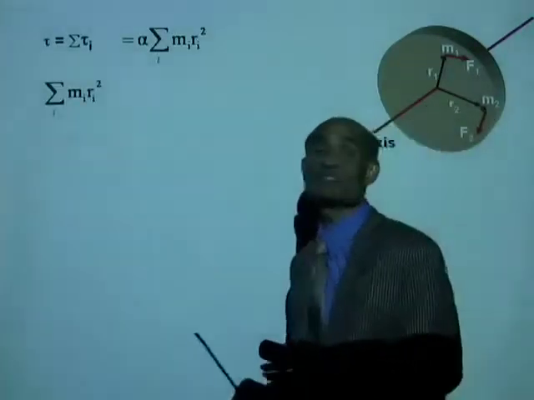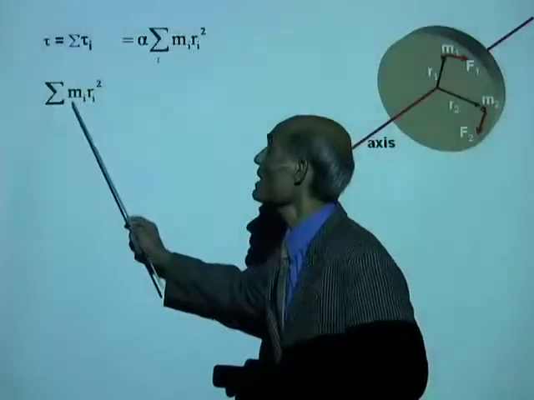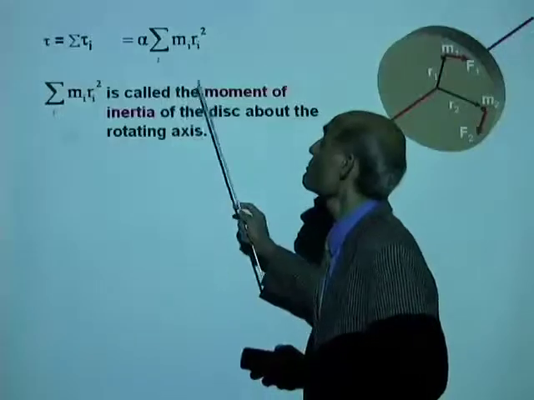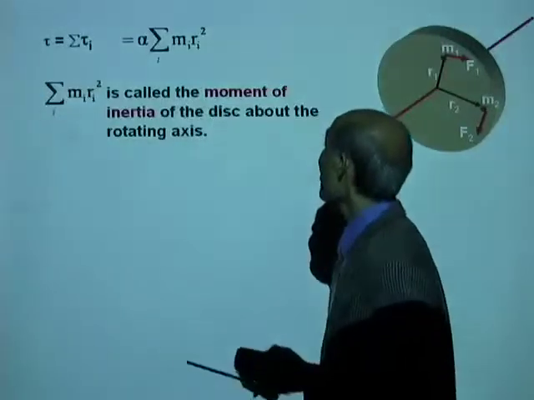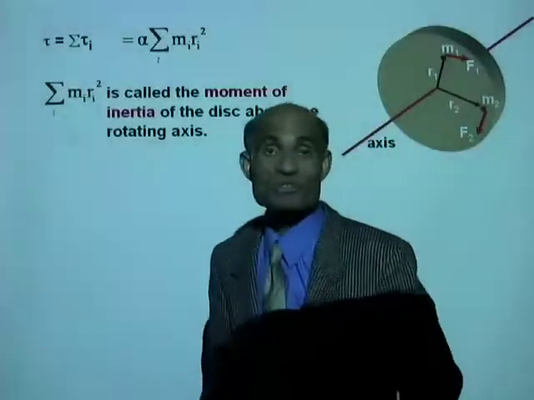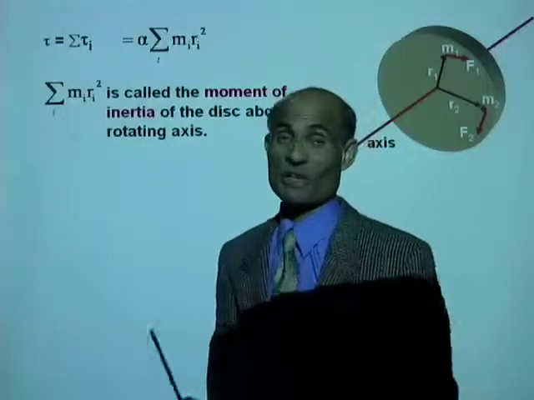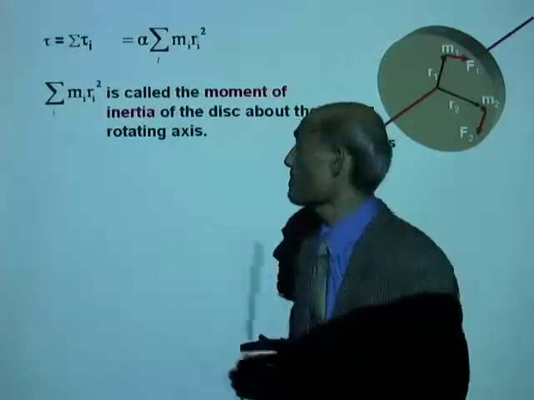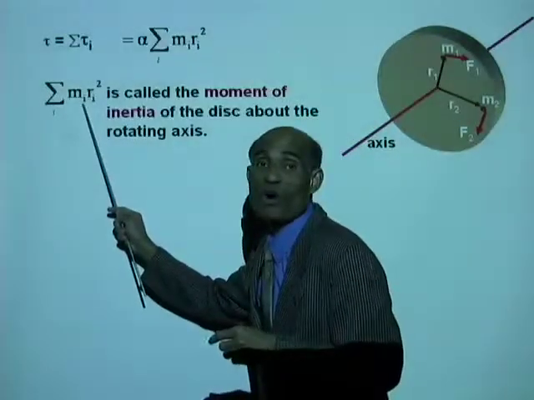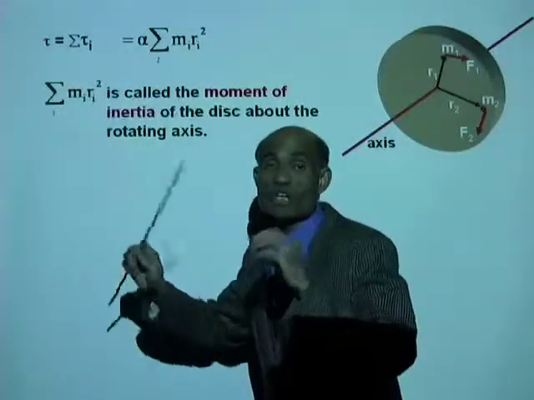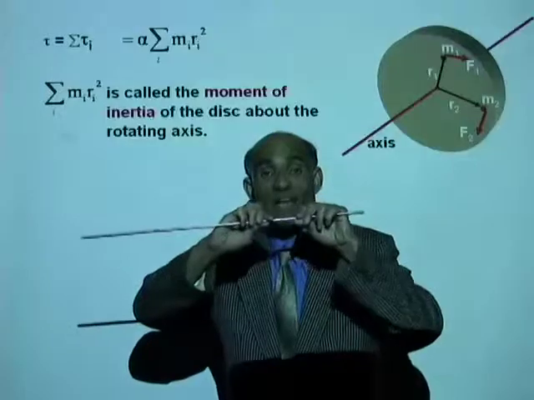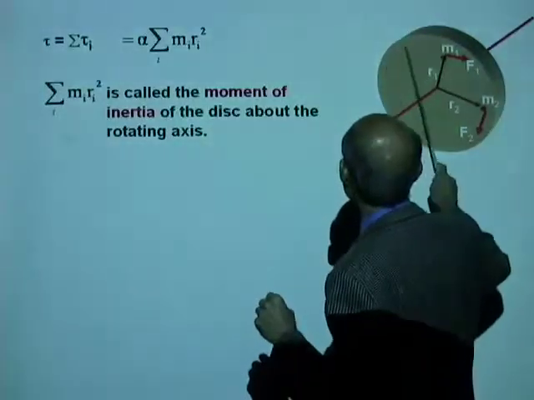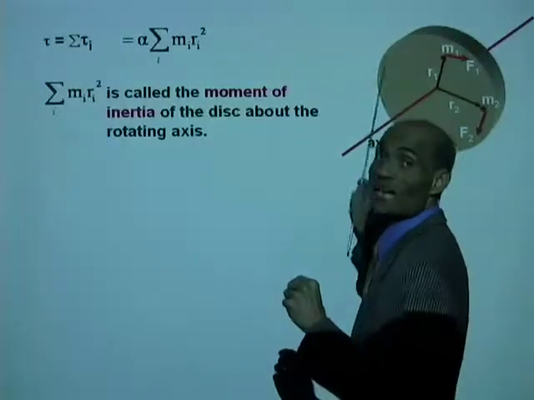What is the significance? The summation of m_i r_i squared is called the moment of inertia of the disk about the rotating axis. Now there is some important information here. The moment of inertia of a rotating object is always measured about an axis. You see, the moment of inertia of this rotating disk,